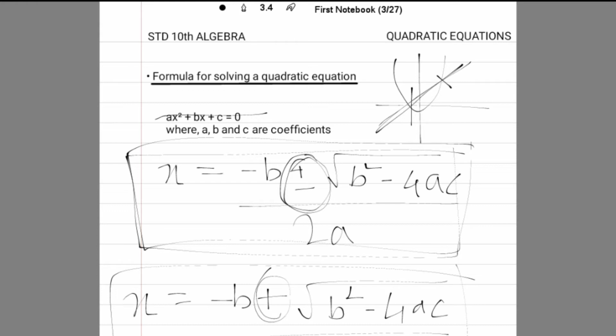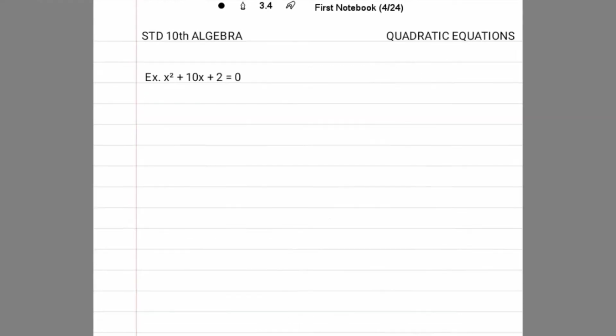So the only things you have to remember are the factorization method, the completing the square method, and this formula method. Using this formula method, we are going to see many more things, that is the roots, the nature of roots, and many more things. So just concentrate on this formula and don't forget it, okay? This will be used lifelong in your further studies also, so don't forget the formula. So before moving to the next topic, we will solve one question based on that formula.